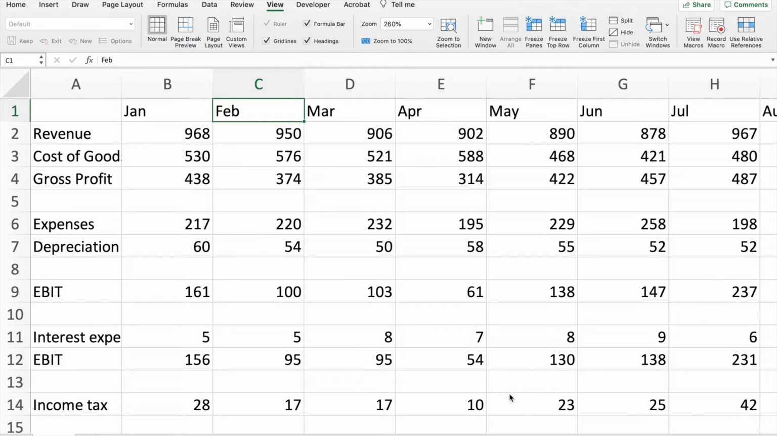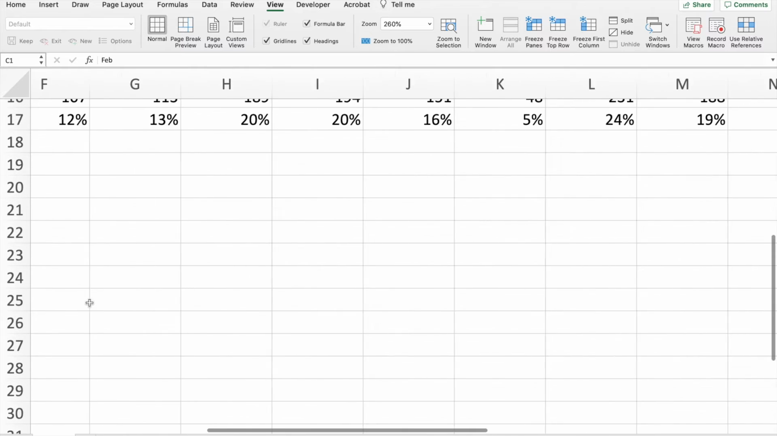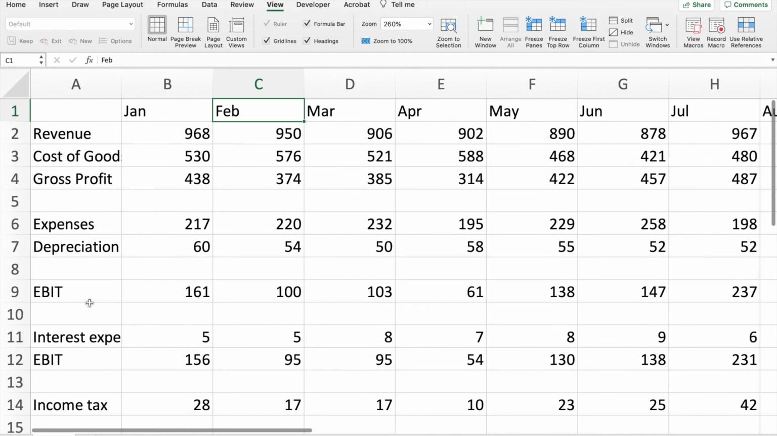Today's tutorial will demonstrate how to freeze columns and rows. The feature is useful when you need to keep an area of a worksheet visible while you scroll to another area of the worksheet. For example, we would like to keep the first column visible while we scroll up and down the worksheet. First, we need to go to the View tab,